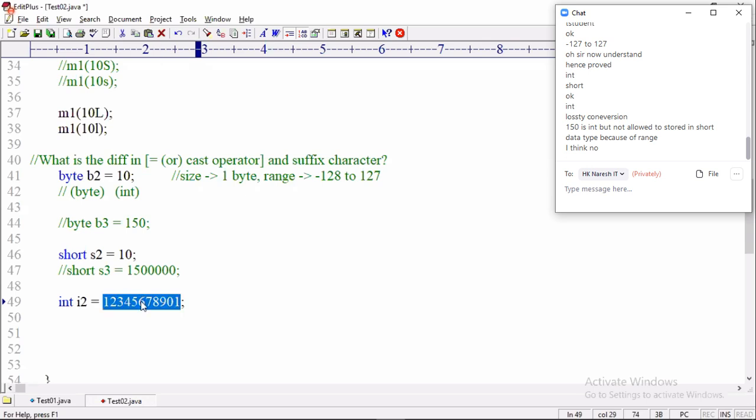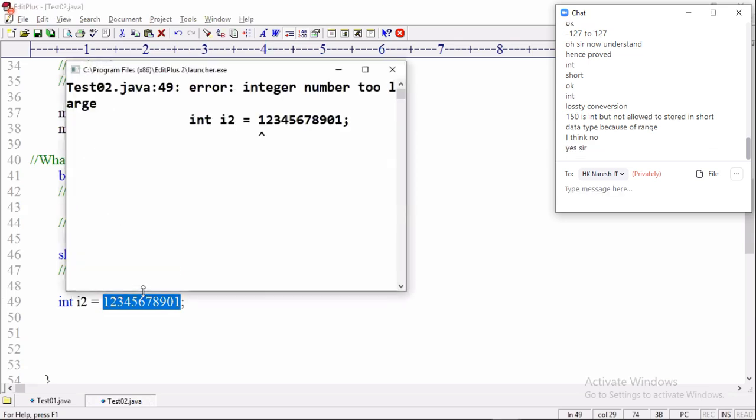This number is of what type? An int type number, an integer number of type int, but not in the range of the int data type. It is exceeding the range of the int data type. So that's why the compiler is throwing an error.